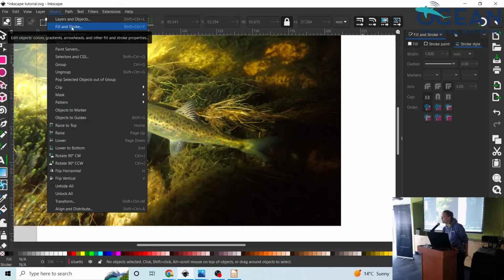Has anyone succeeded in getting it? Raise your hand if you're struggling. Okay. Sorry, which bit? So object on the top and fill and stroke. Yeah. Just easier access to it. Yeah. So you just drag the figure to the